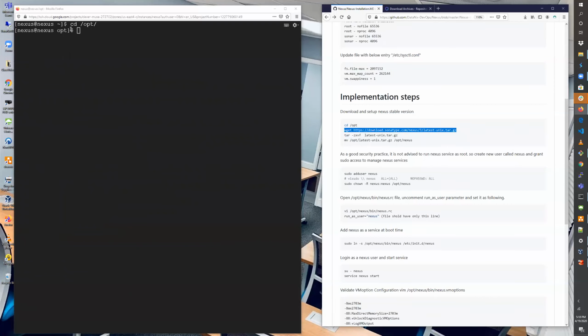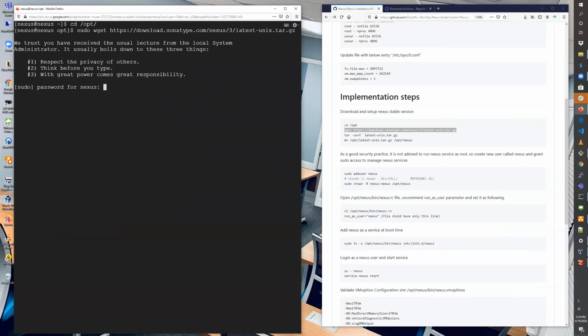Download Nexus 3. And all we need to do is I'm going to sudo wget. Okay, I copied that already. I'm just going to paste this. And this is going to ask for my password. The command wget is not found, so I'm going to sudo yum install wget. I'm going to install unzip,